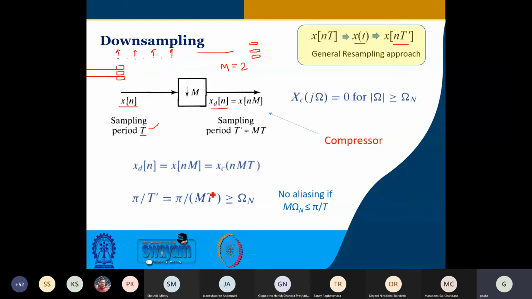Okay, so as your friend has correctly stated earlier, we were looking at this Nyquist rate, that omega s by 2 should be greater than omega n, right? So that omega s is greater than 2 omega n. So this omega s, that is pi by T prime, is now required to be greater than omega n, the maximum frequency content of the original signal. Otherwise, there will be aliasing. Okay, so this is something that is to be taken note of.